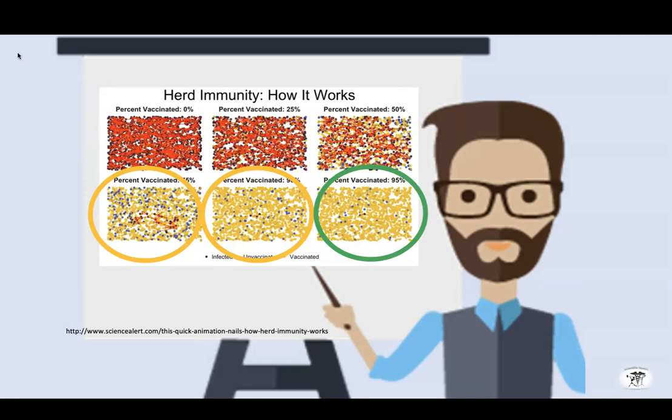Now, the problem here is that because we don't see diseases or we don't see remnants of diseases within populations, the idea of needing a vaccine starts to drop. And the idea about needing a vaccine dropping slowly starts to whittle away the percent of the population that is vaccinated. And this holds for all diseases and all vaccines. That's simply because vaccines have kind of a shelf life,